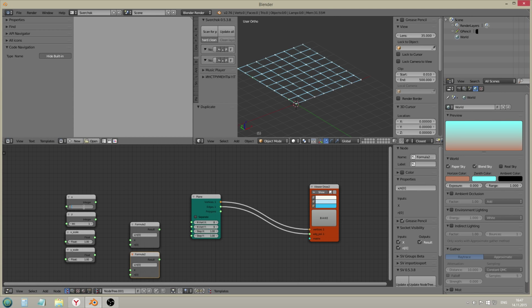First of all, we make, for example, 10 to 10, and limit the parameters to minimum 2 and maximum 100, and scale from 0.1 to 3. Okay, now we have